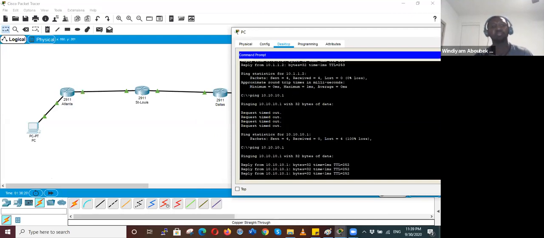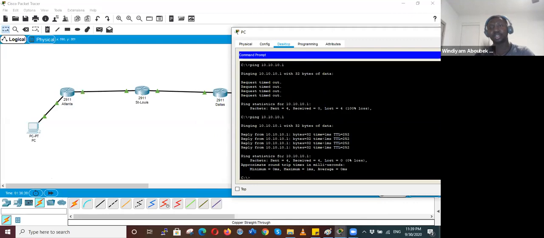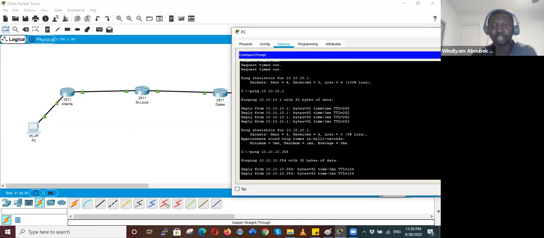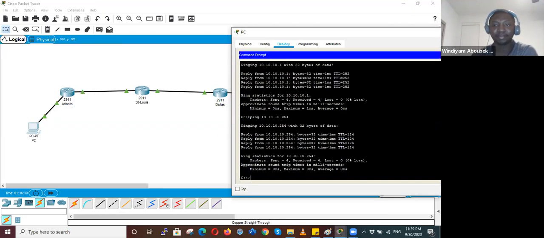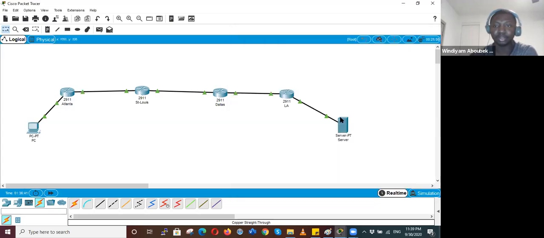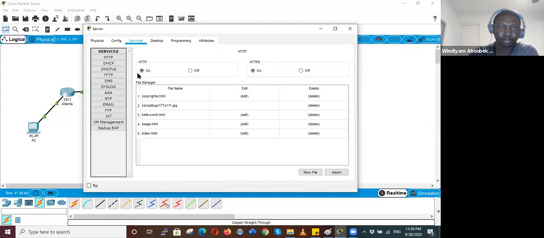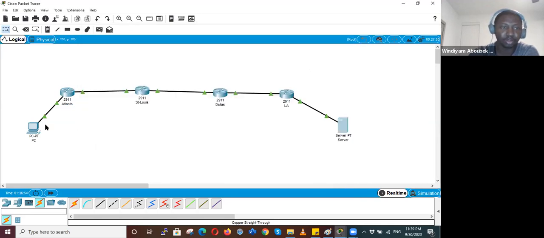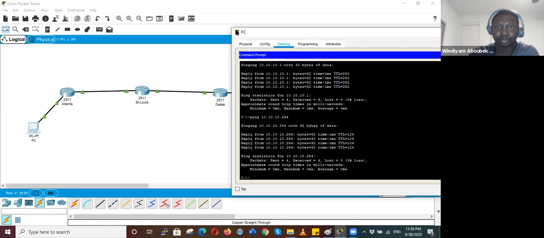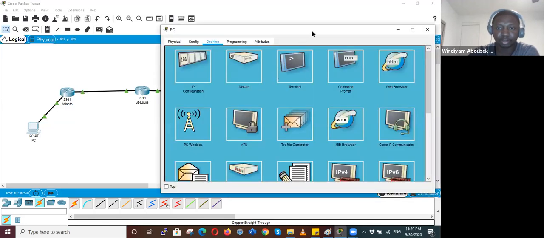Now the PC can reach LA on the second interface. Now the PC can reach simply here. So if we enable HTTP on, HTTP is on. So if we go here, we can do